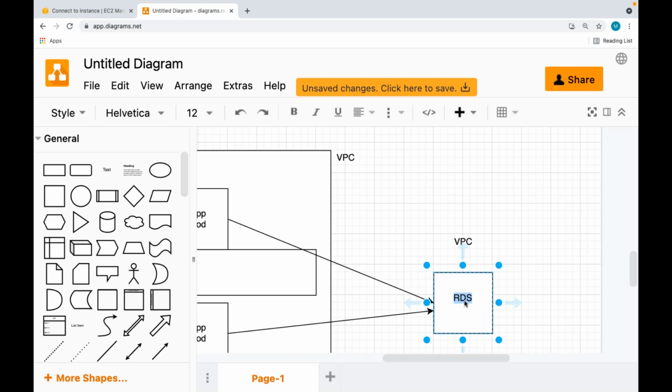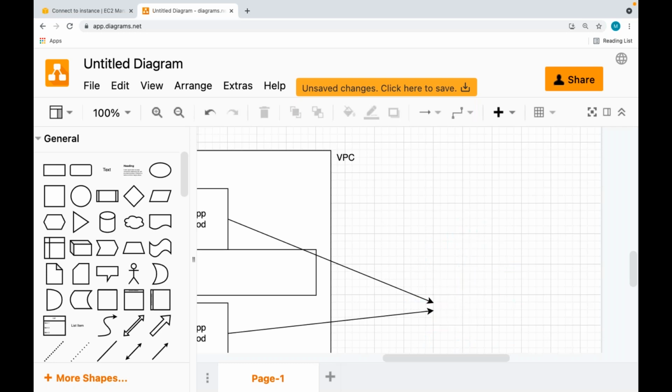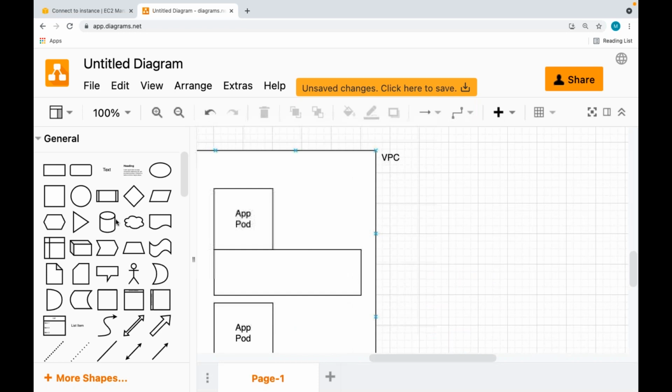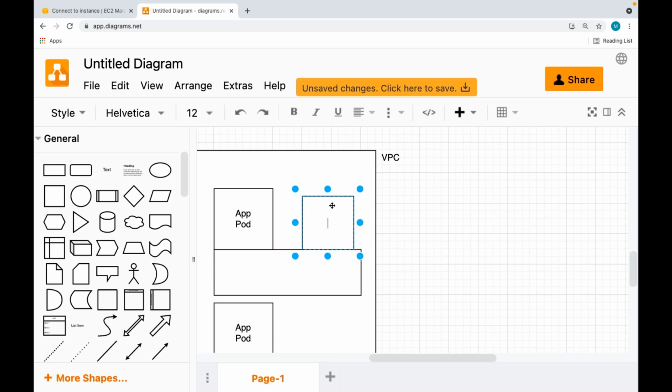Suppose your application team says, I don't want to run the database as a server or managed database. I want to run the database also as a pod in the cluster. In that case, can I create a database also as a pod using a database Docker image? Can I have the database also as a pod like this?